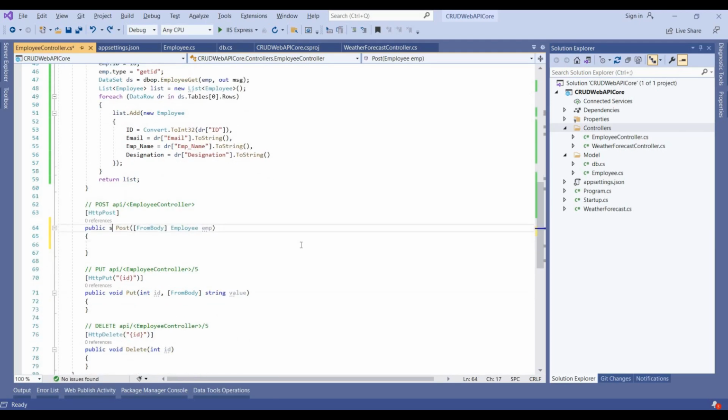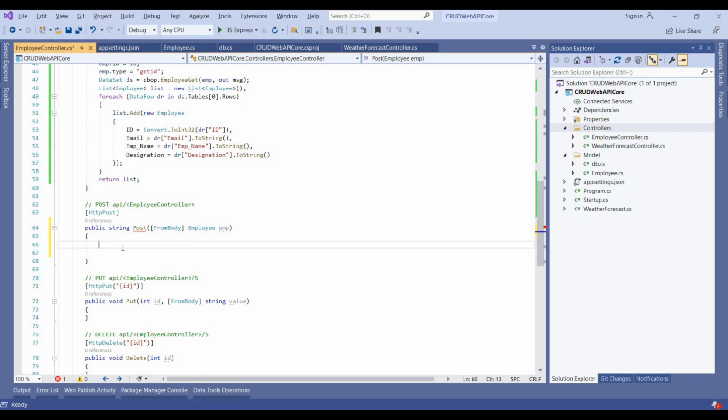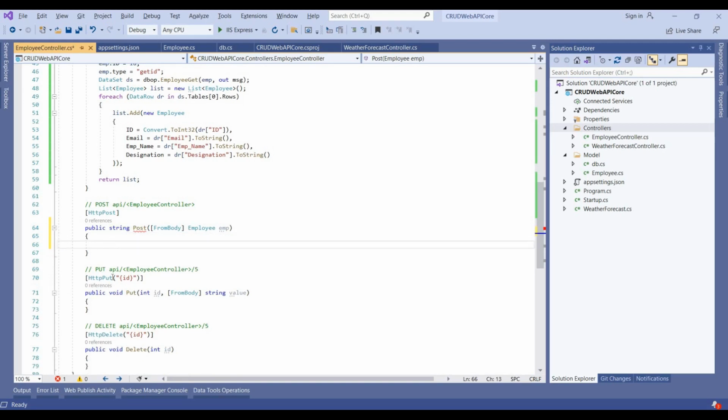We change this as string, string msg is equal to string dot empty,